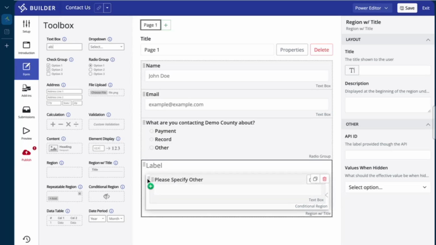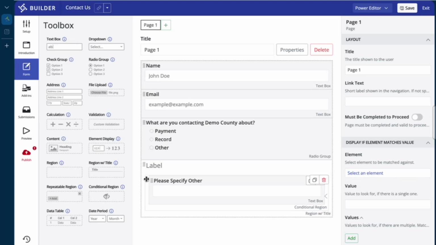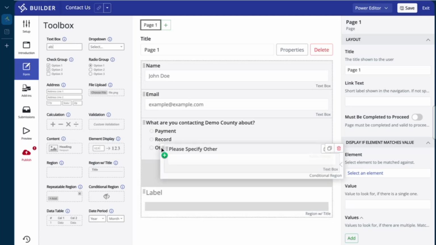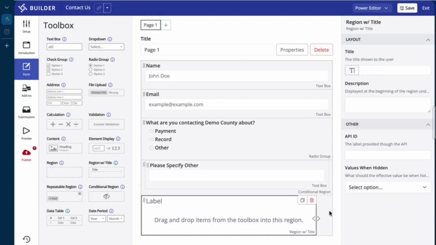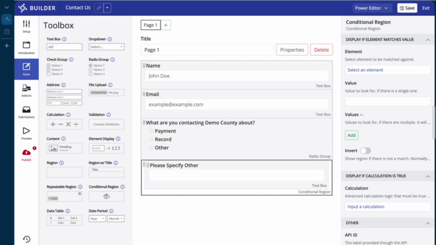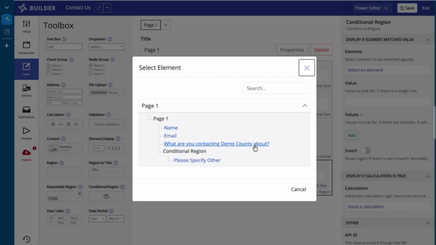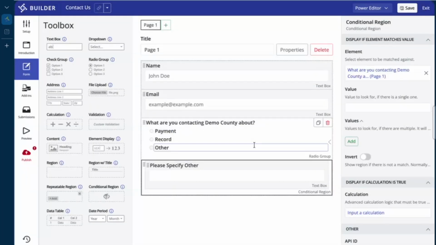And then for the exact elements that I want to drag around, I just drag the parent, the topmost level of what I want to drag, to the exact part of the screen that I want it to go. Here, I want this to only show if other is selected. So I'm going to do the basic element matcher, where I can select an element that I'm matching against, about what are you contacting Demo County about, and then on the right side here under value, only make this section appear if other is selected or other is chosen as the option for that